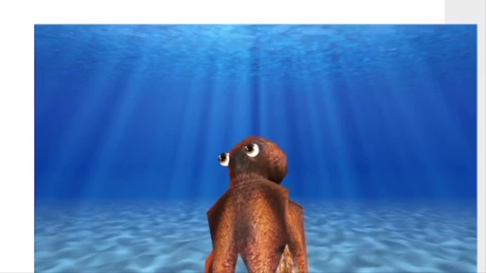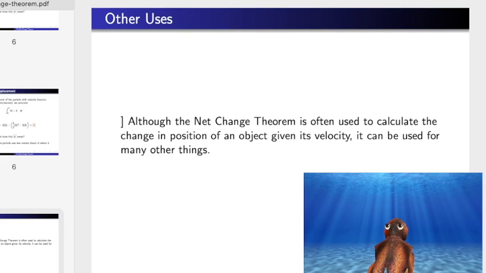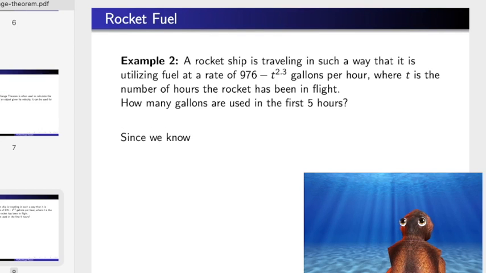Let's look at some more examples of how the net change theorem can be used. Although the net change theorem is often used to find the change in an object's position given the object's velocity function, this theorem can also be used for many other things. Suppose a rocket ship is traveling in such a way that it is utilizing fuel at a rate of 976